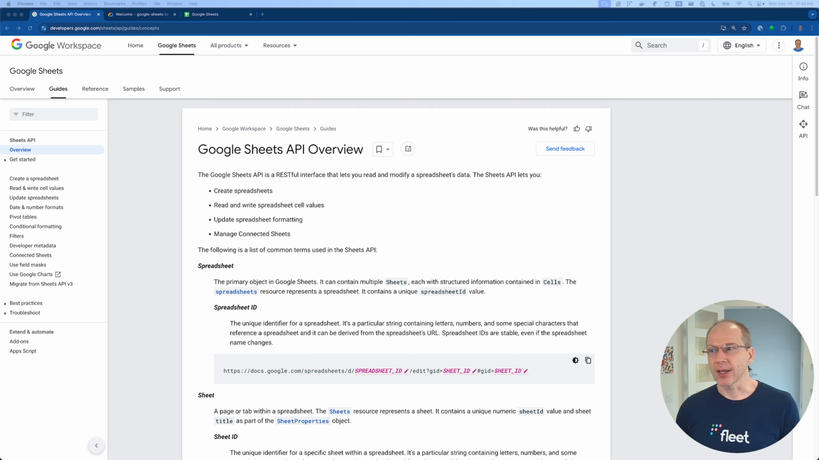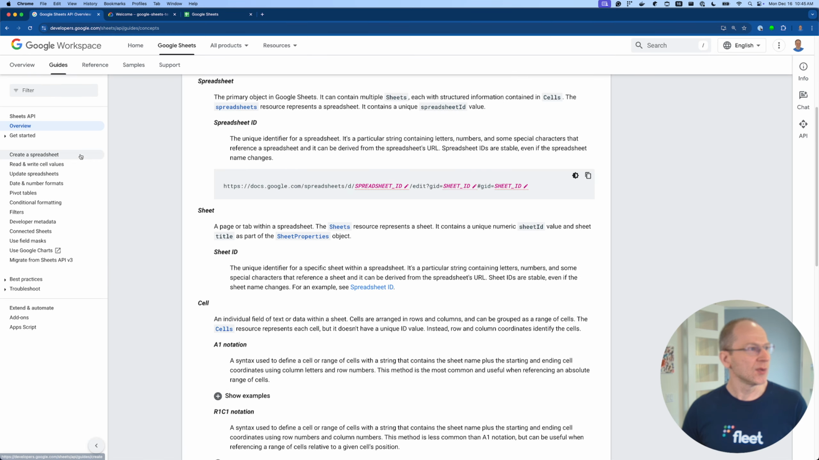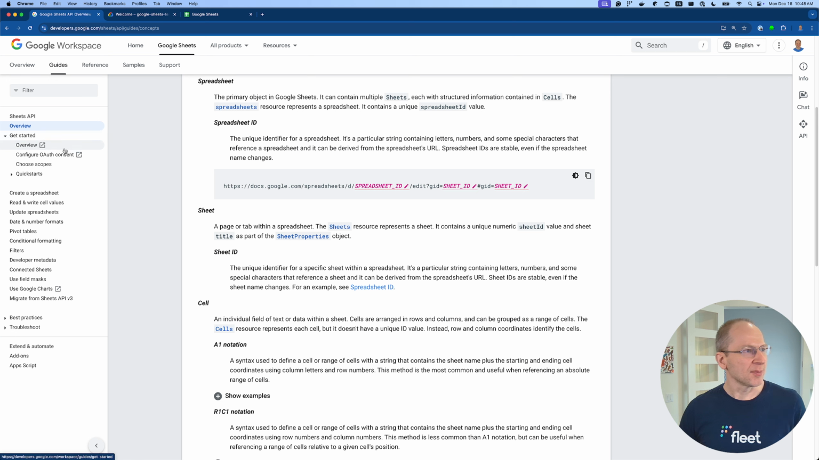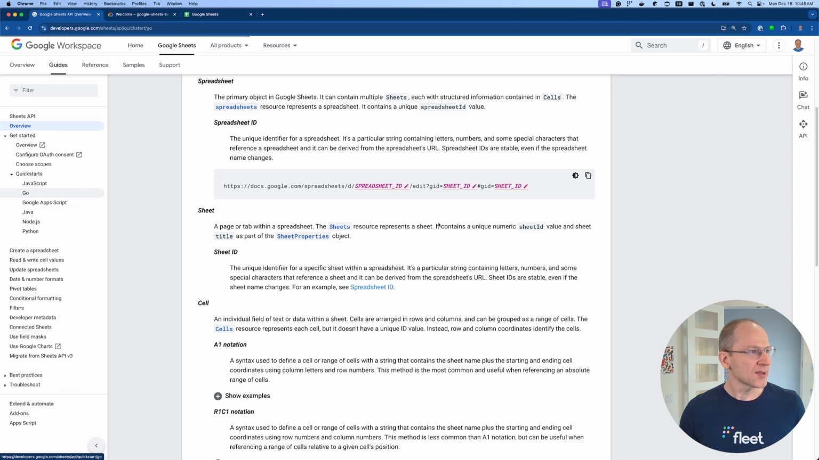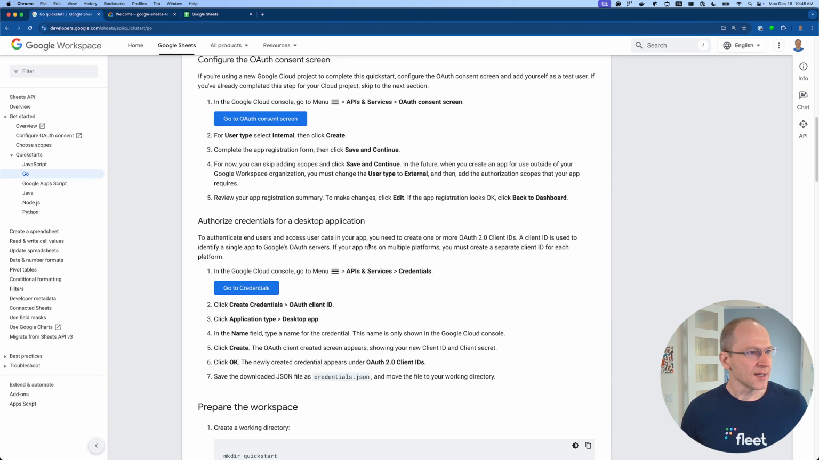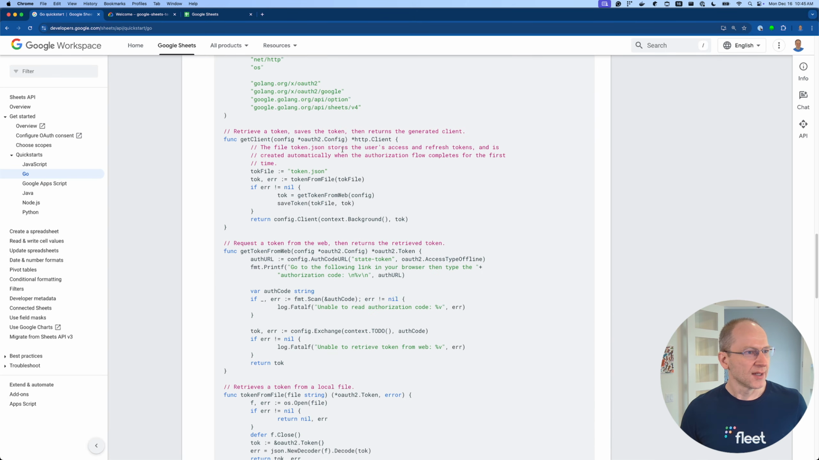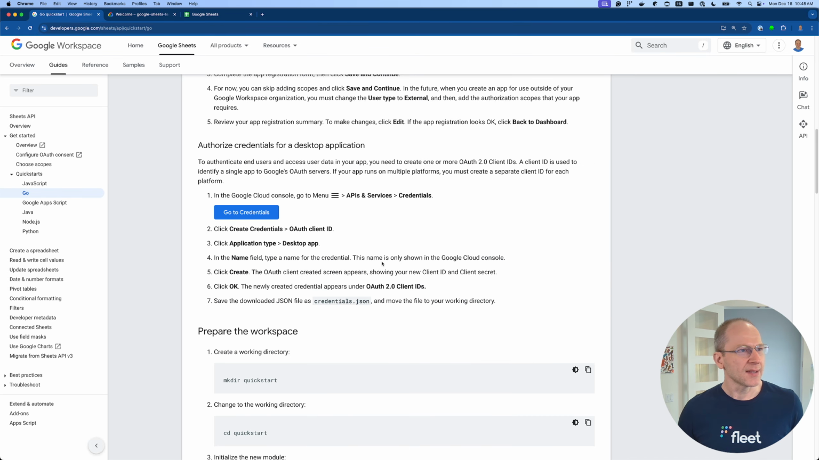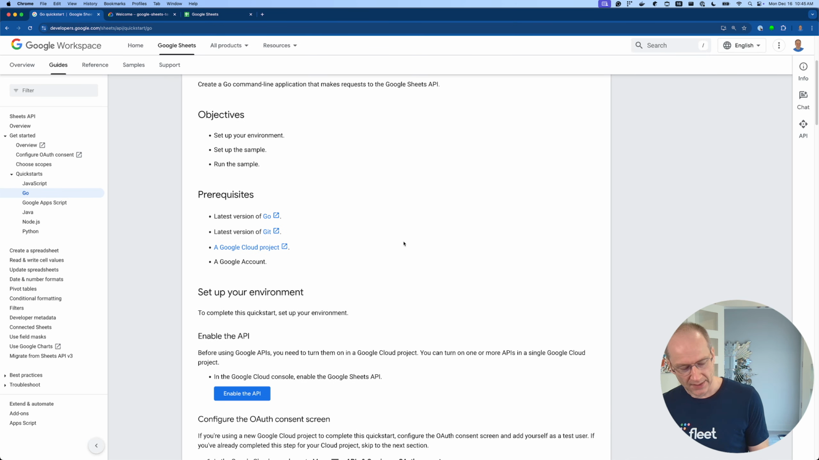However, when we go to the Google Sheets API documentation, it is somewhat complex. There's an overview. Getting started has some links to some other places. I just want an API key and I just want to make a call to throw some data in. I go to quick starts, and it's talking about OAuth consent, credentials, and a bunch of these complex methods. Like, what is going on? Well, what's going on is that